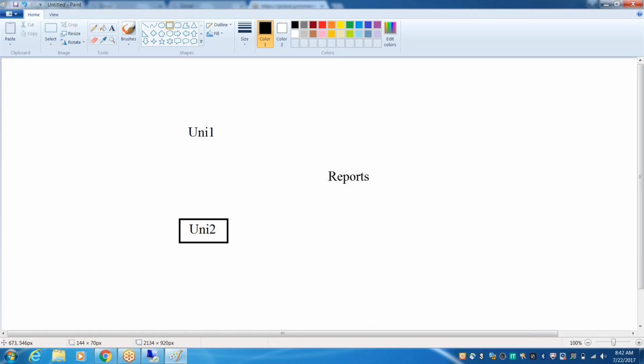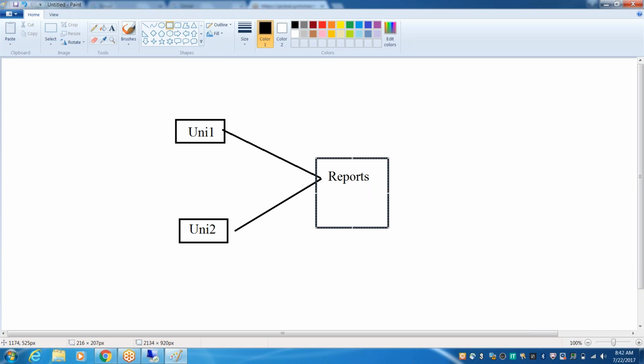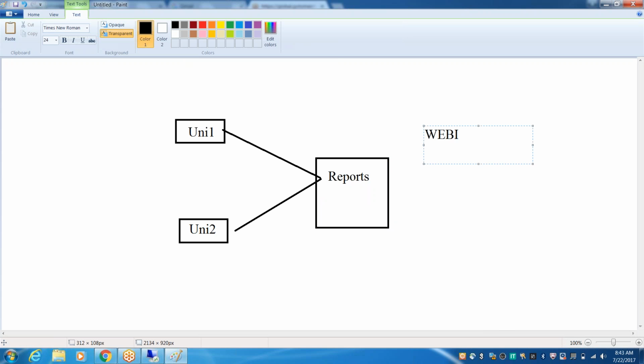I want to bring the data from two different universes and develop a Webi report. Okay, so we can do that, and also we can discuss the combined queries. So that will complete our Webi session.